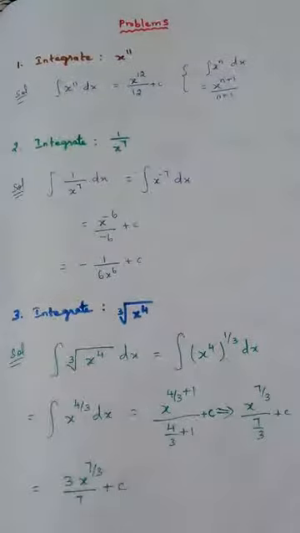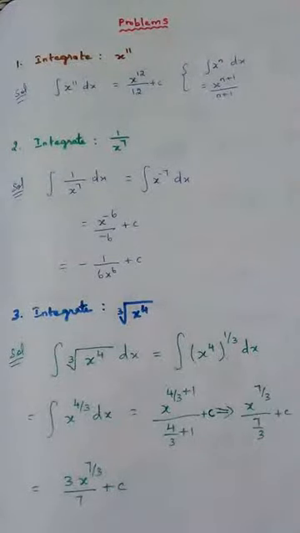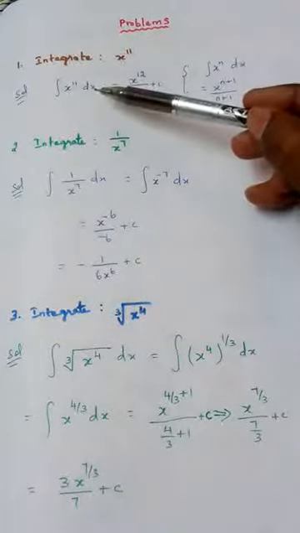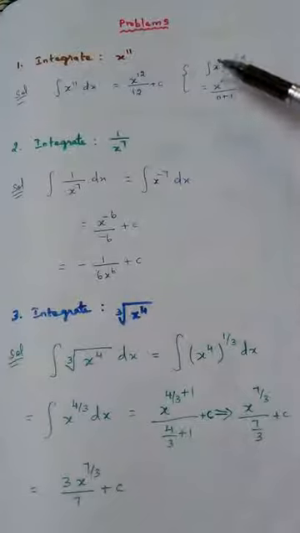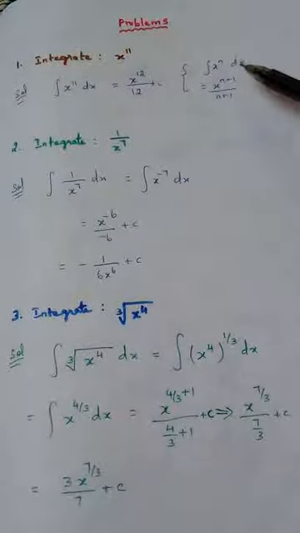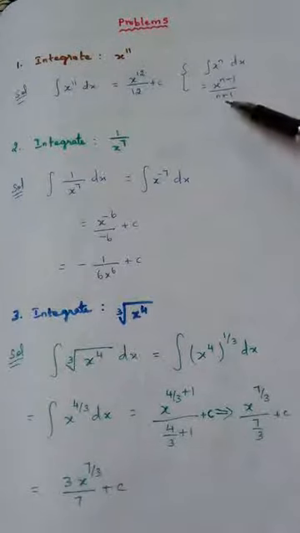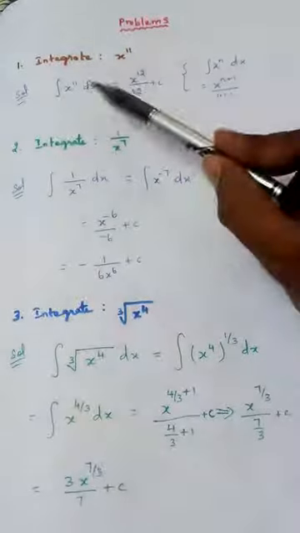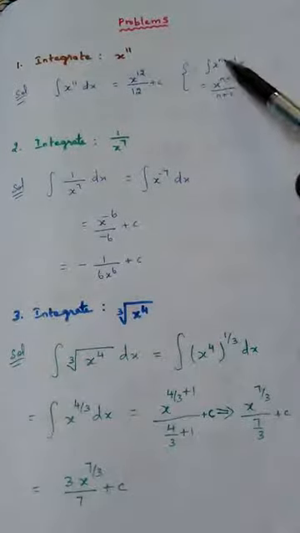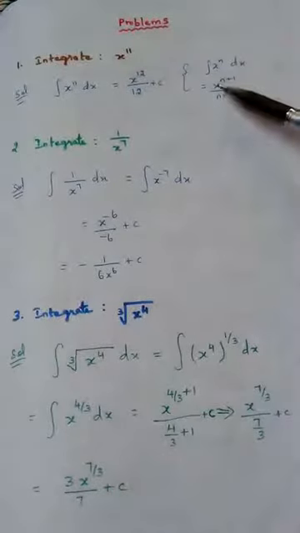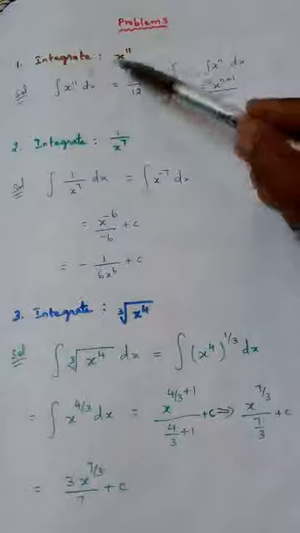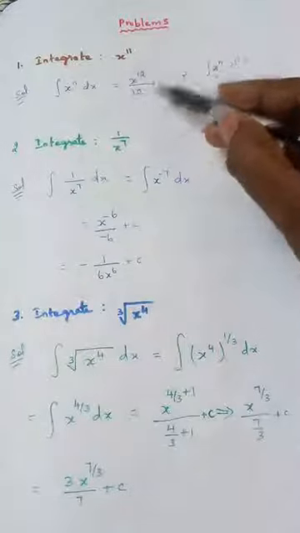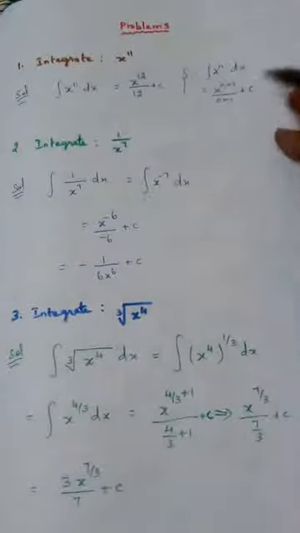So how to integrate this kind of a function? If you see x to the power of 11 dx, this is the question, and we know this formula, integral x power n dx, answer is x power n plus 1 by n plus 1. You compare this with this formula. So what is n? 11. What does the formula say? X power n plus 1. So x to the power of 11 plus 1, 12, by n plus 1. Again n plus 1 means 12, and in the formula we will have plus c, plus constant.